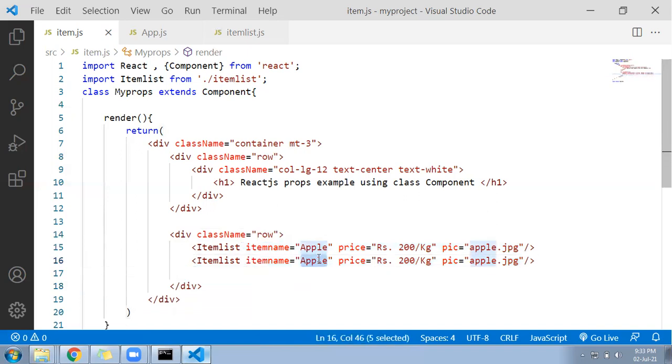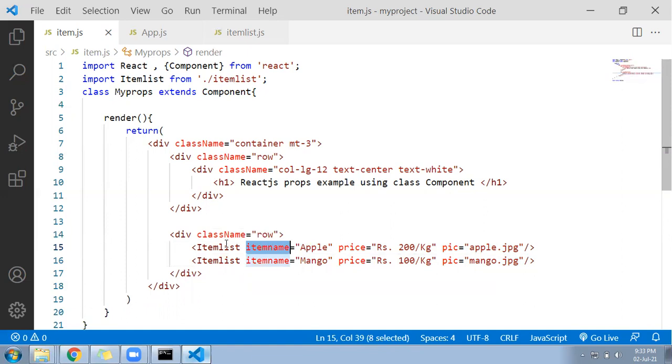I'll pass mango, and I'll put 100 rupees, and mango.jpg. After that, what do we have to do? We made our component dynamic. We are going to reuse it, as you can see. How many times are we calling it? 2 times. But along with that, now we are passing the properties also.